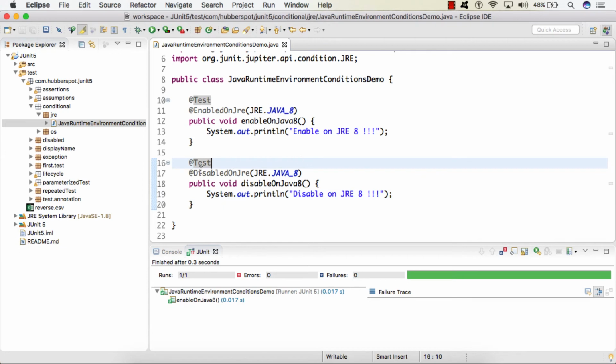So friends, let's say I want to disable this test case on Java 8. So what I can do is I can simply provide this annotation @DisabledOnJre, and inside that I can provide a value as